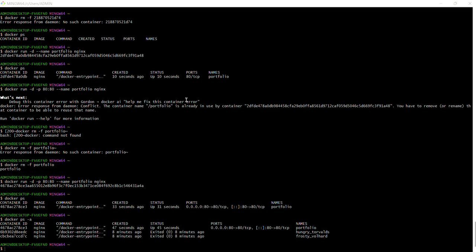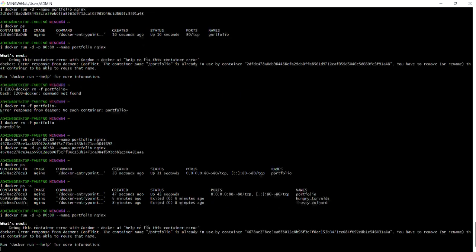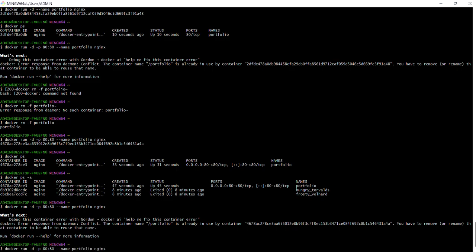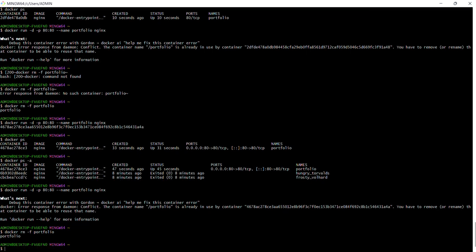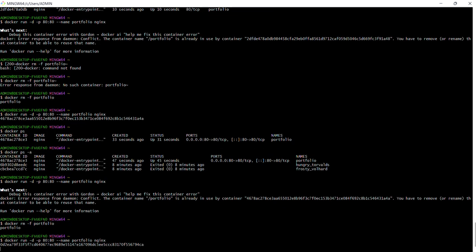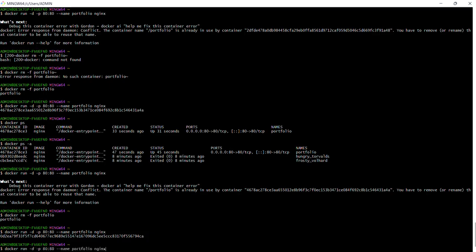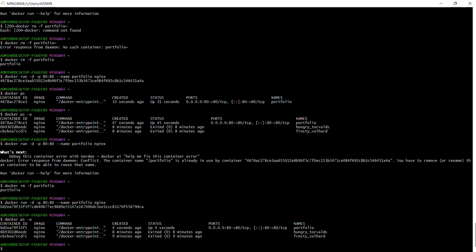Docker. So guys, here what is happening? Sorry, I had muted. After removing portfolio, I just ran this command. My portfolio was removed. Then I ran this command to check all three containers. Without portfolio, the remaining two are coming, right? That's fine, no issue. Now we need to stop.